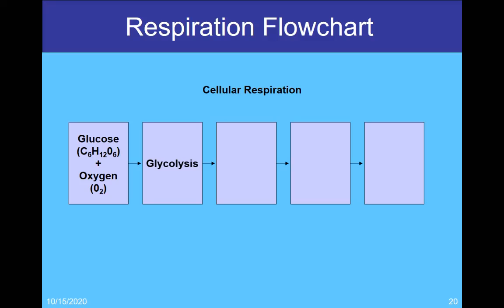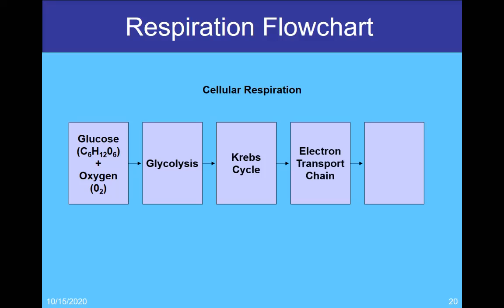But we use alcoholic when we do things like bake bread or brew beer. But let's say for this instance, we have the oxygen, all the oxygen we need. We're then going to go on to the next step of cellular respiration, which is what? That's right, the Krebs cycle. And where does the Krebs cycle take place? You're right again. Takes place inside the mitochondria. Once it finishes the Krebs cycle, we have all those electron carriers and a lot of our ATP, and that moves on to what? That's right, the Electron Transport Chain.